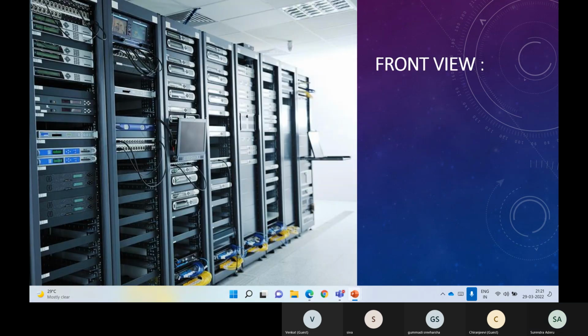So I just want to give an understanding of how the data center looks. In a typical scenario, you don't have any role or responsibility to deal with data center operations, but it is to make you understand that if someone is talking about a data center, you need to visualize how it looks. It is not possible that every one of us gets an opportunity to visit a data center physically, correct?